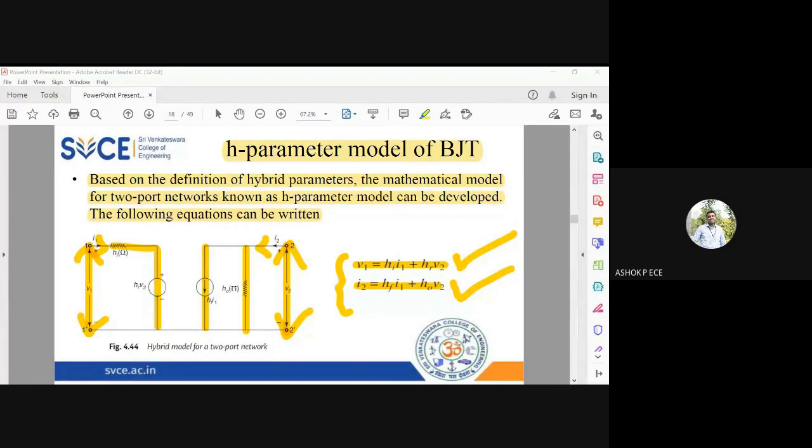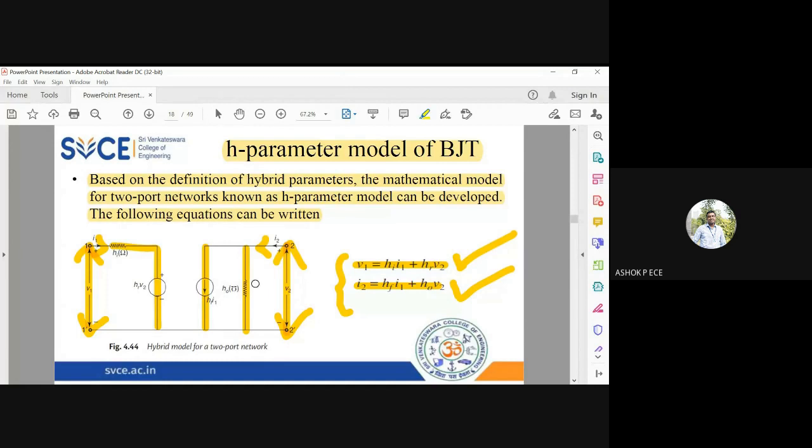So the two equations for V1 and I2 are related by the four parameters HI, HR, HF, and H naught. I once again say HI is input impedance. At the input side, what is the total resistance or impedance you have? HR is the reverse voltage gain. Usually, voltage gain is output by input. Reverse voltage gain means input by output voltage. HF is forward current gain. Current gain means output current by input current. H naught is output admittance. Admittance means it is going to be